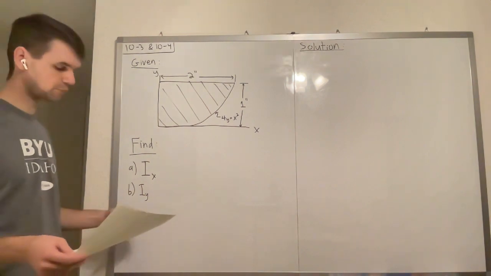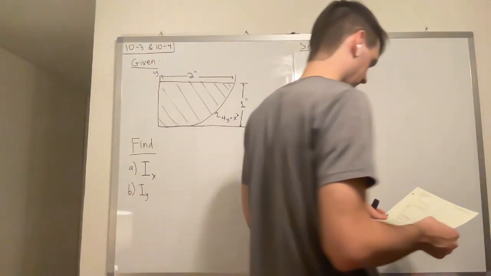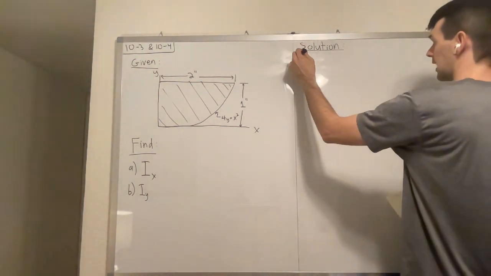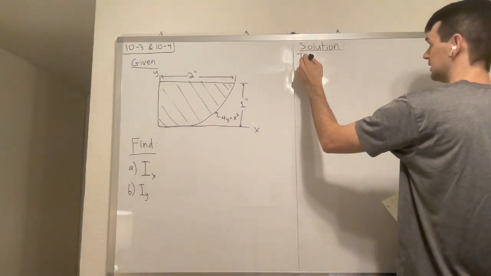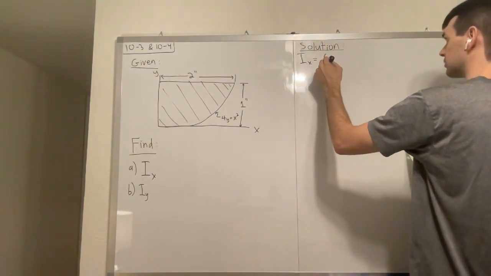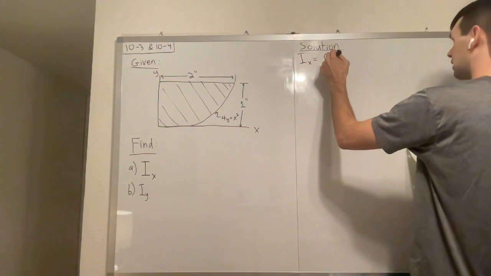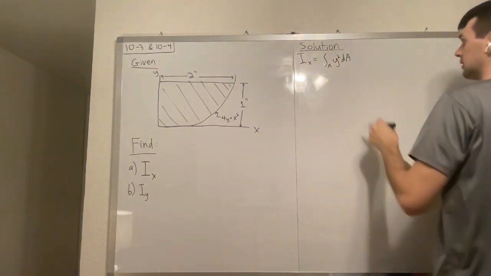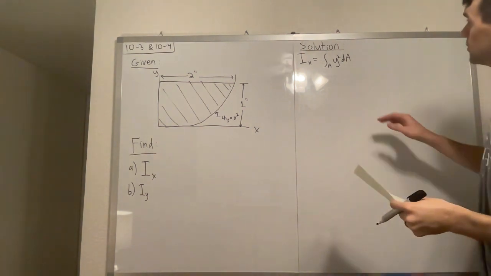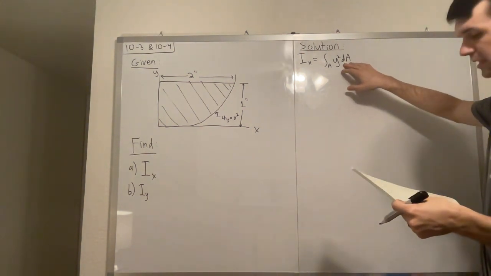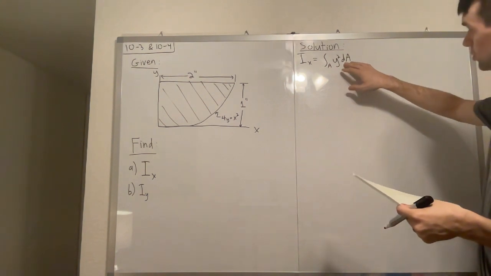So how do we go about this? What is the equation? Let's start with Ix. The basic equation that all of this is based off of is that the moment of inertia equals an area integral of y squared times dA. And when we're approaching these, we're going to eventually end up splitting dA into